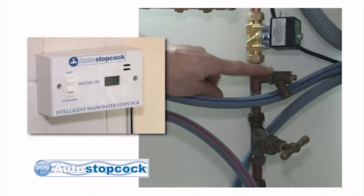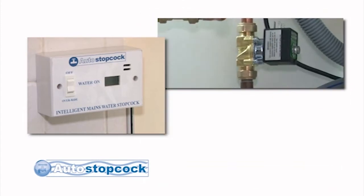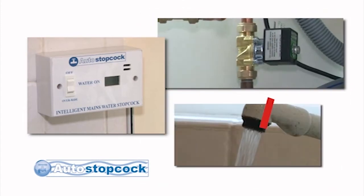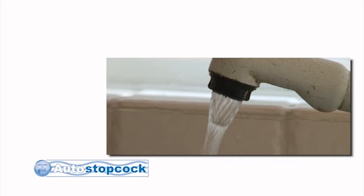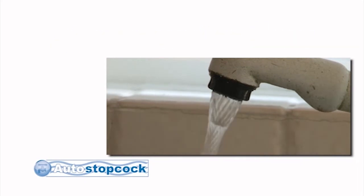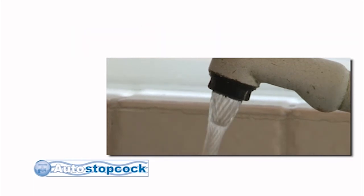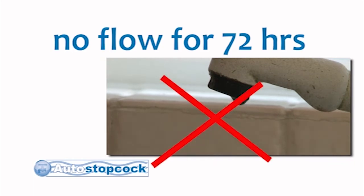Using top-of-the-range RAS-approved valves and sensors, the Autostopcock will detect if there is a flood risk in your home and isolate the water accordingly in instances such as if there is an abnormal constant water flow for more than 45 minutes, indicating there is a probability of a ruptured pipe, if the temperature falls below 3 degrees centigrade and there is a risk of freezing, if there has been no water flow for 72 hours, indicating the property has been